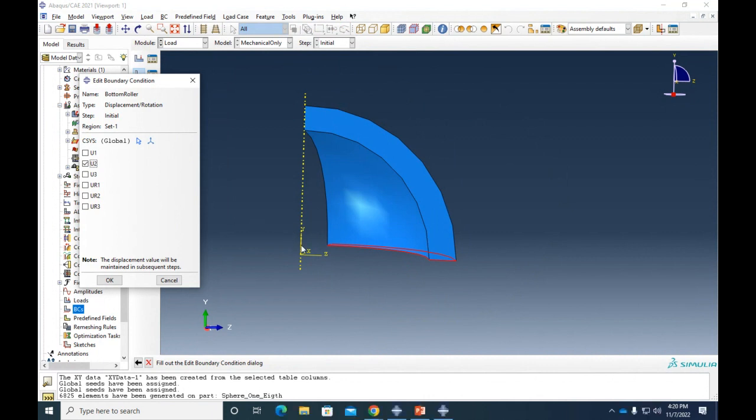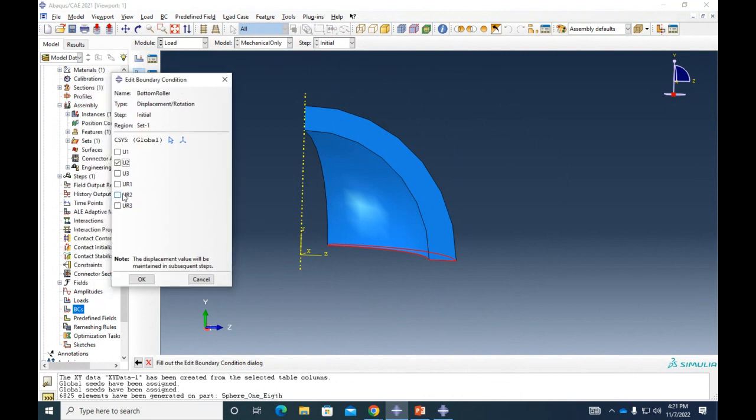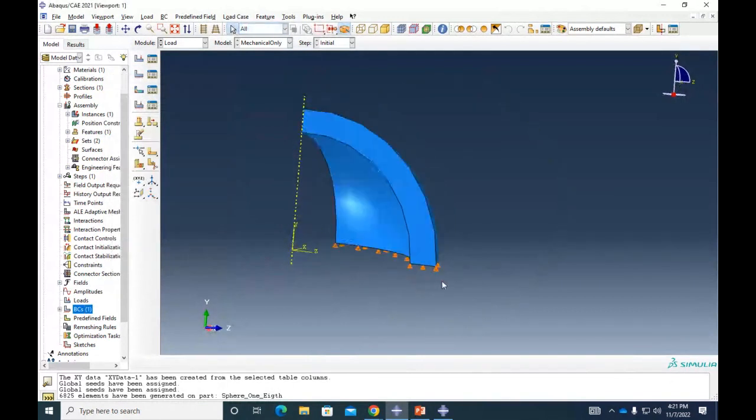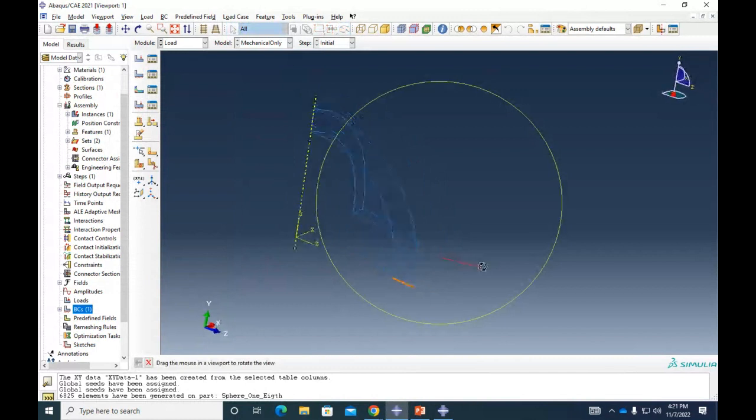So that cannot go downwards. The reason for that is because I have an exactly similar piece underneath that is applying the same action and reaction, right? So that particular edge doesn't move along that vertical axis. So that's how we apply symmetry for that particular edge. All the other things, they can move, right? So I'm gonna just leave that like that. So we have those nice rollers in there.